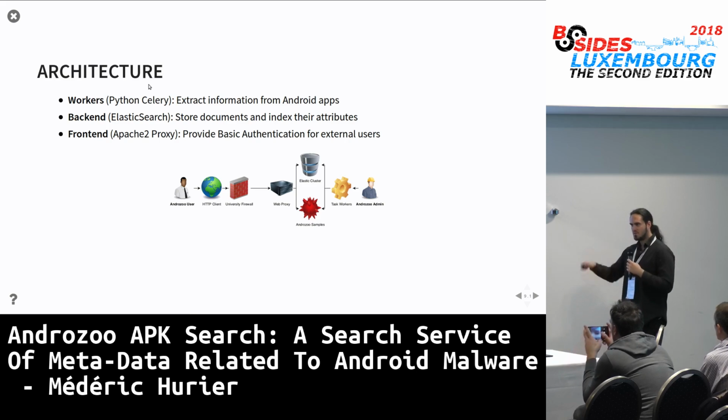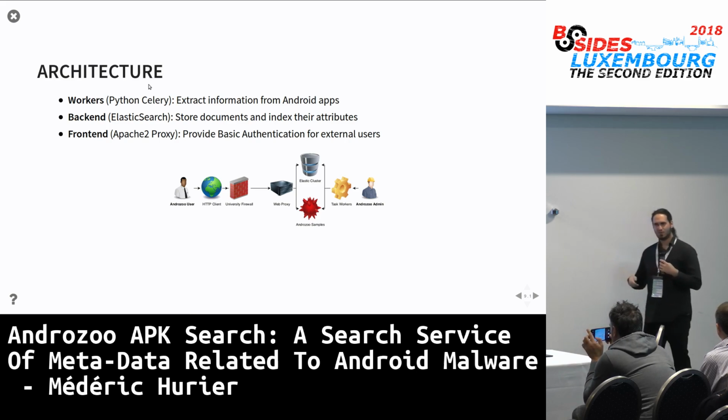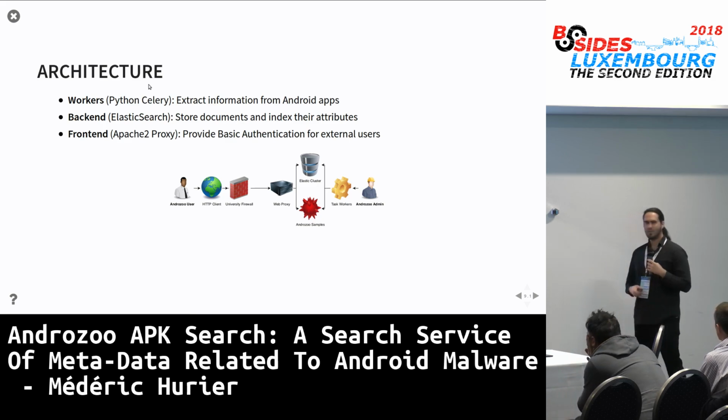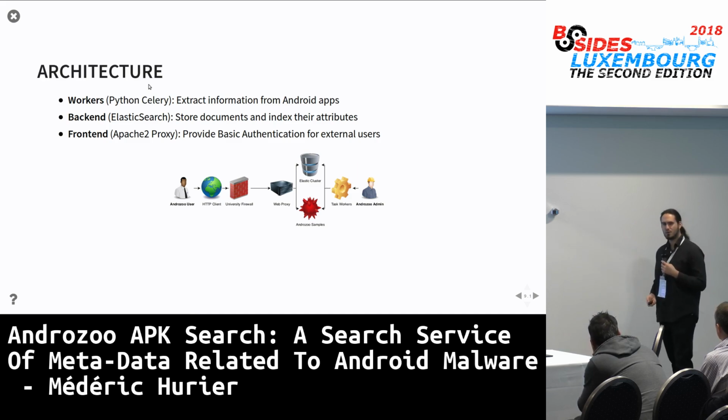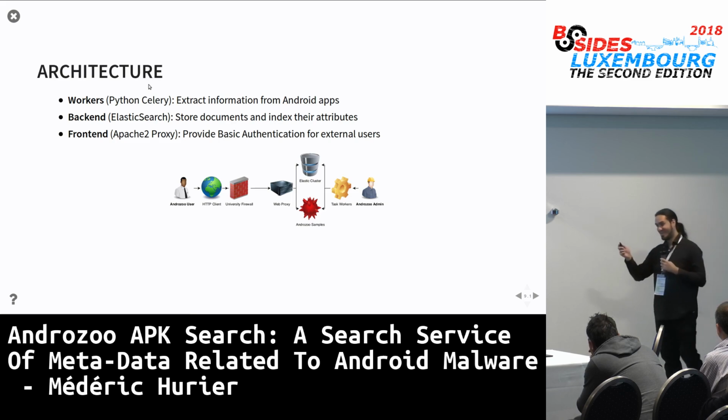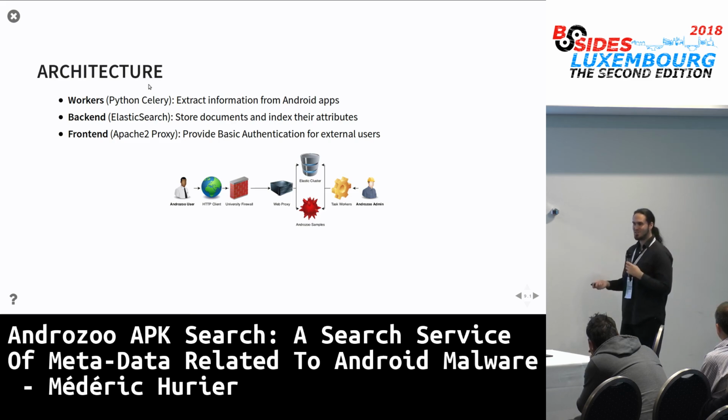We process the extraction of metadata from Android applications with Python using Celery. So we distribute it across our cluster, and we present an Elasticsearch API over Apache, where we enforce some basic authentication. So overall, this is the diagram. Just note that this system is hosted by the university, and as a good researcher, it's